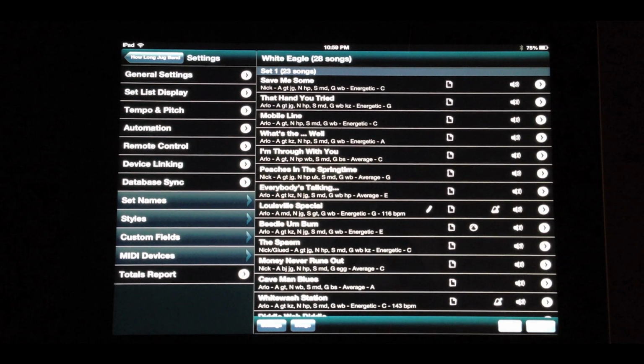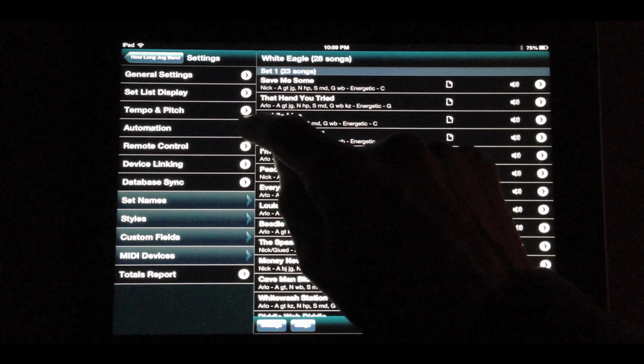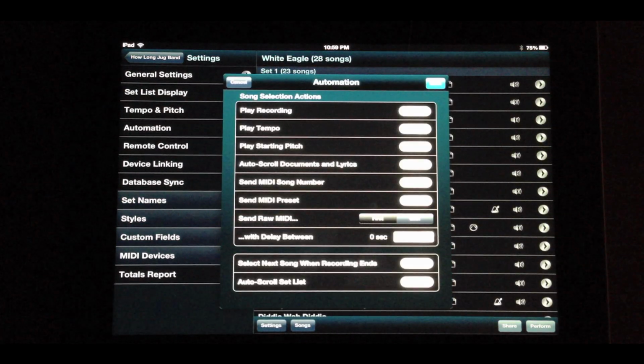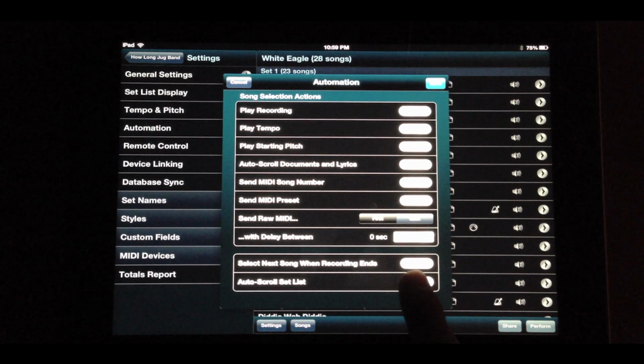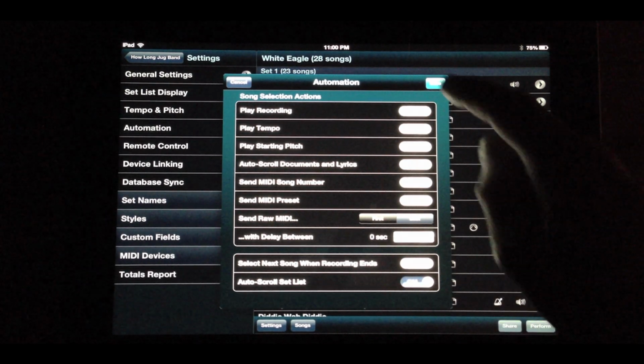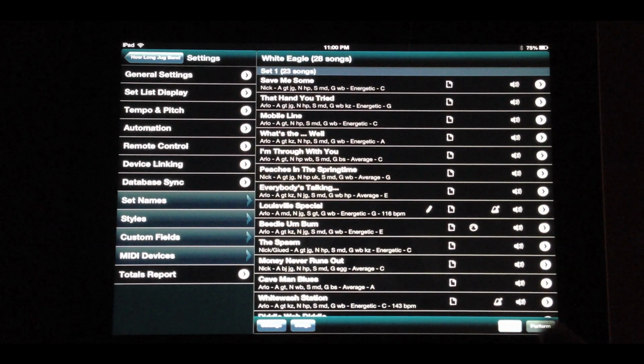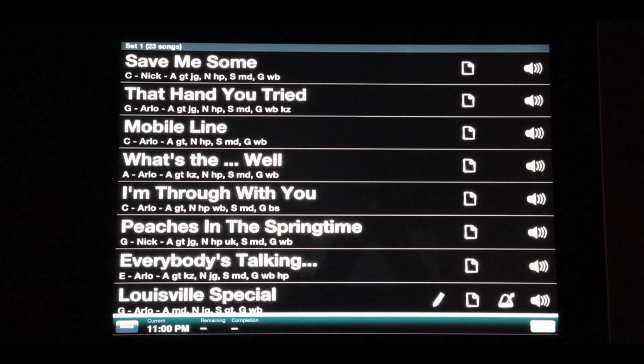And one more thing, we have a new auto scrolling option. You could previously auto scroll documents or lyrics in the perform window, and now you can also just auto scroll your entire set list. To turn this on, you can go to Settings and then Automation. And at the bottom of the window is a new option called Auto Scroll Set List. You can turn that on, and then if you go to the perform window, your set list will start scrolling